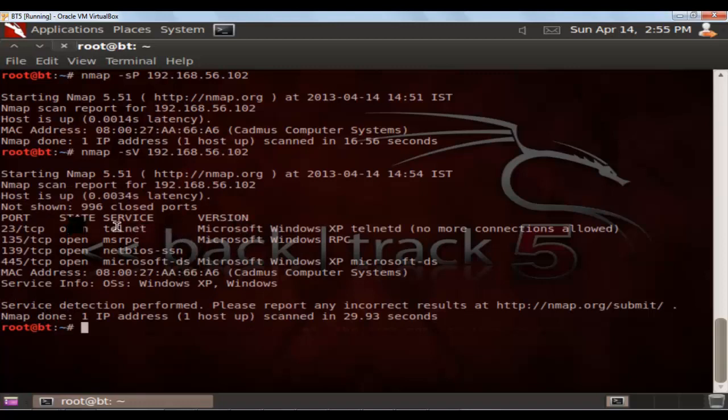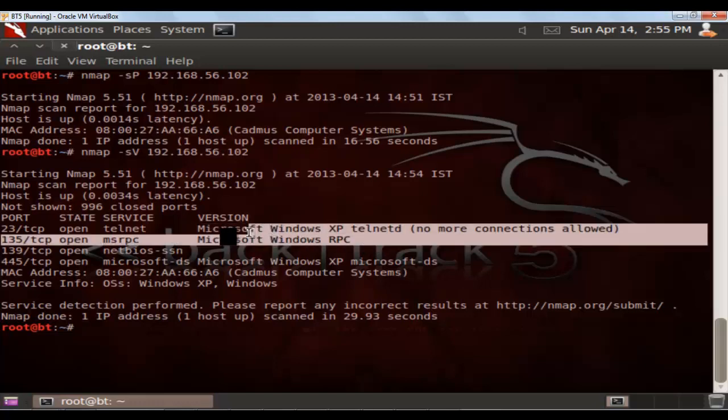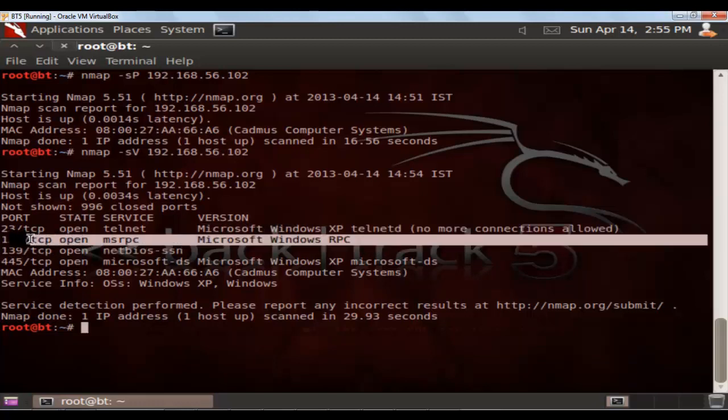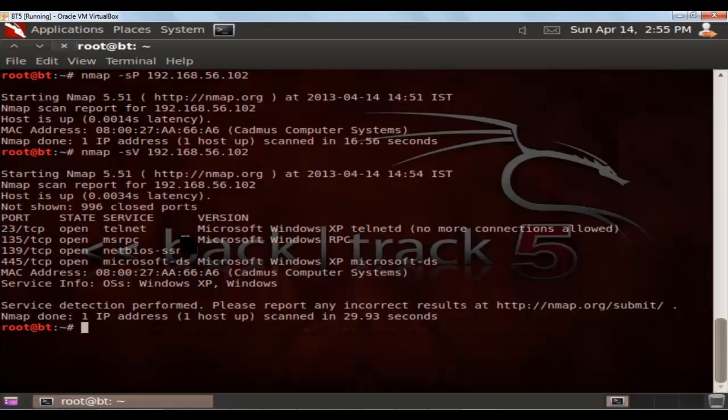Great. You can see port number 23 is opened and this is running a service telnet, and the version of this service is this, and similarly it is displaying the version of MSRPC port, which is 135. And this is how we can find out the version details of the target